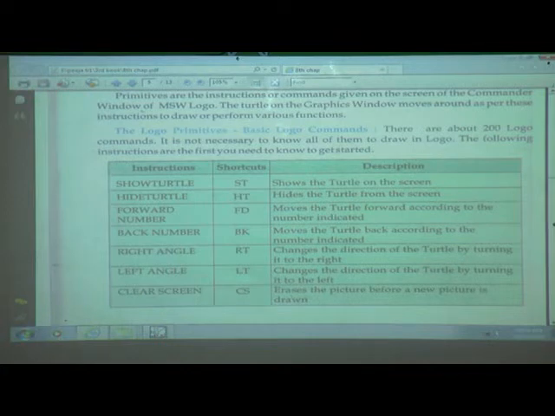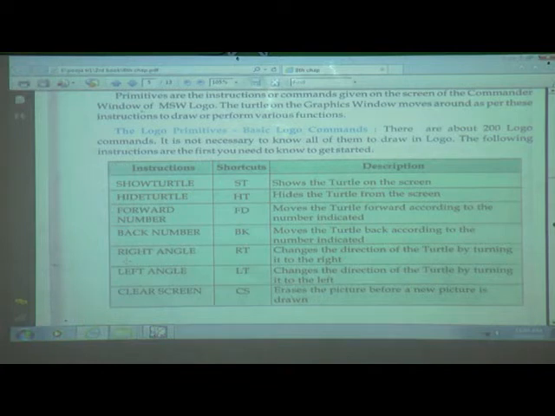Next one is back number. What is the short form? BK. It moves the turtle back according to the number indicated. FD means going to the front side, forward side, and BK means going to the back side.